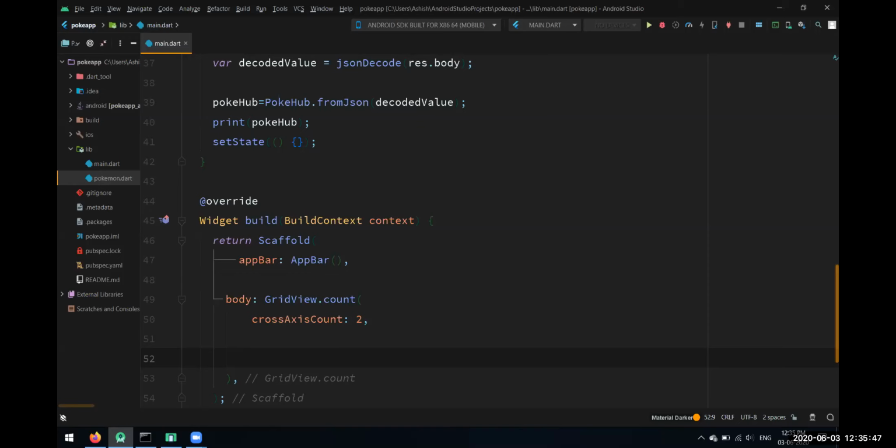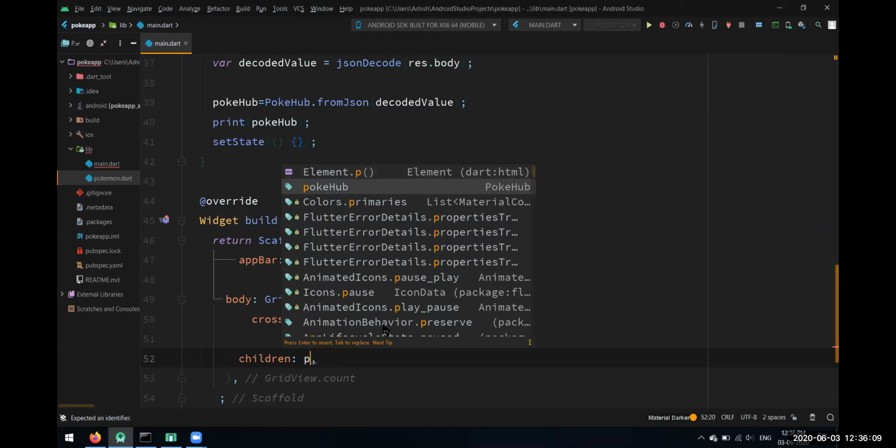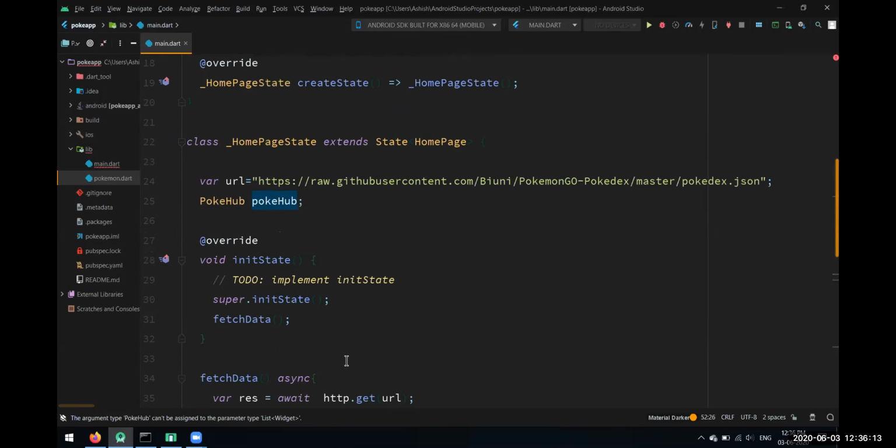As you know, in grid view, we have this children property which expects a list of widgets. So instead of hard coding all the widgets, we'll build those widgets using that class. We'll give it a list of widgets. We have our PokeHub object which we have created over here.